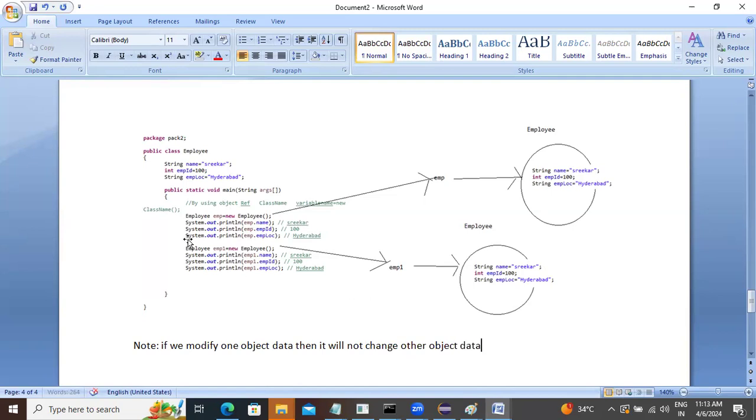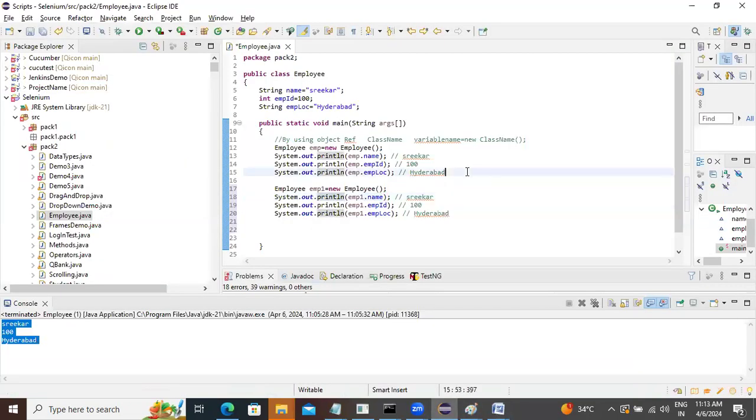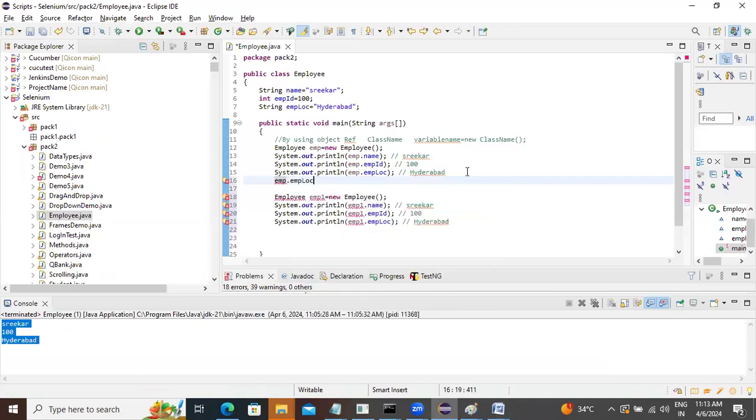So what I'm doing is changing the emp.empLocation value to Hyderabad. Then what is the value for emp1.empLocation? Hyderabad only. Why? Because